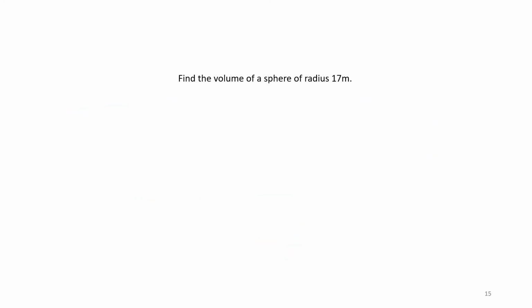Cool. Find the volume of a sphere of radius 17 meters. So we're just plugging in our meters to the volume formula, which is 4/3 pi r cubed. Important to remember it's cubed. People very often do squared by accident, and you'll get it wrong. Sometimes the test will be nice and not put that as an answer choice, and other times it will not be nice, and you will get it wrong. So, anyways,